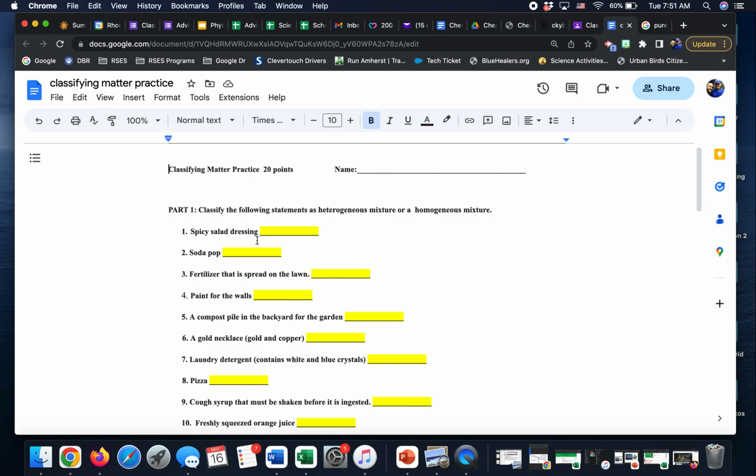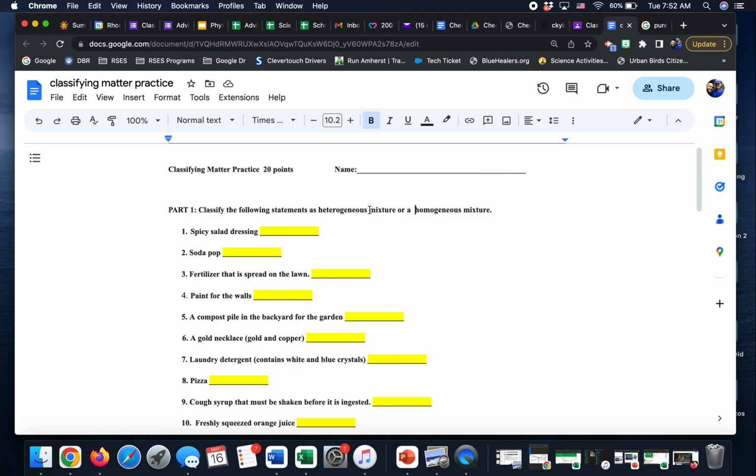They're all more than one different kind of substance stuck together. So we're not talking about pure substances yet. Later we will. So we're just trying to say a hetero or homogeneous mixture. If you want, you could just write hetero or homo for these to save yourself some time. Remember, both mixtures are going to be more than one thing that's different, mixed